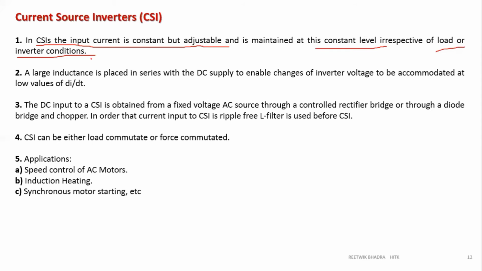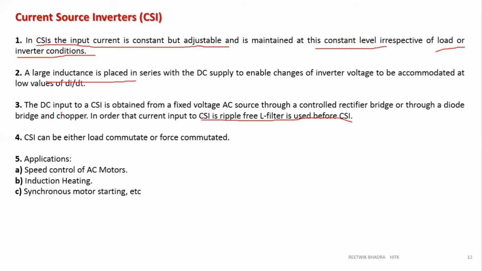Now, how are we trying to make the input current constant? What we'll do is connect a large inductor in series with the source. What does an inductor do? It doesn't allow change in current. So that inductor will help in keeping the current constant and also act as a filter. So that point is written over here. Then that the inductor acts as a filter is written over here.